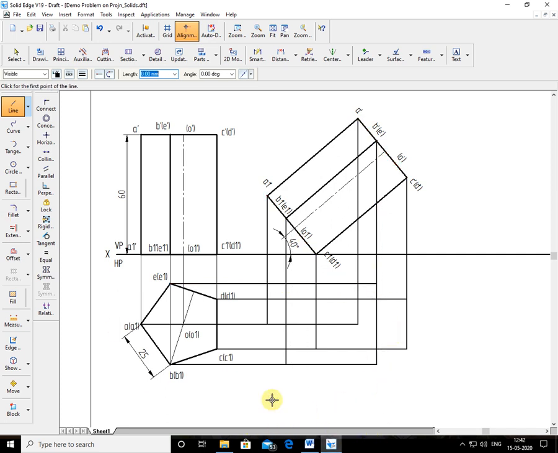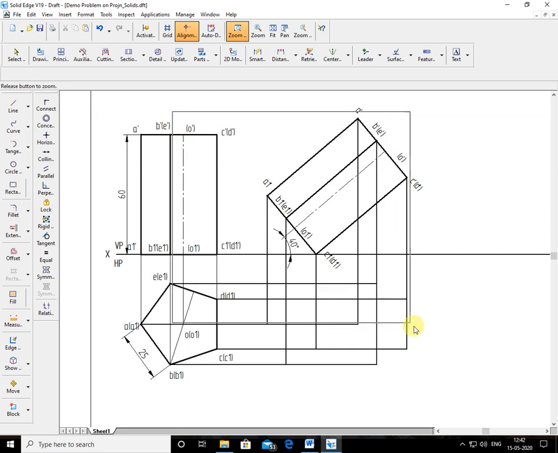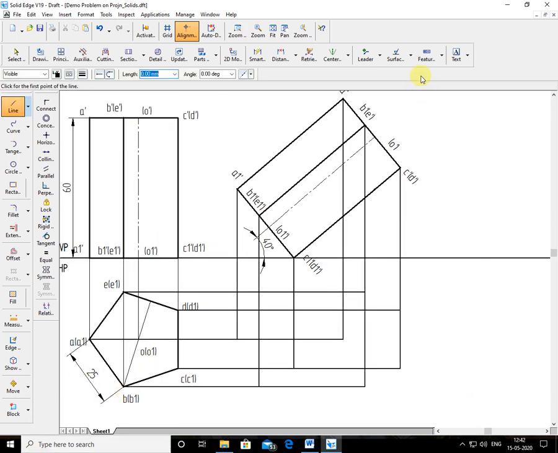Now, if you observe here, I have to type here. If you see my cursor, this is the A, this is the B point, this is the C point, this is the D point, it is the E point. This face is seen, the top face pentagon is seen. So that's why I'll join it with a thick line. So it is A, B, C, D, E. Don't get confused.